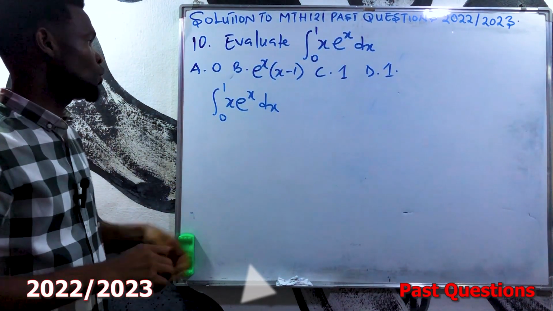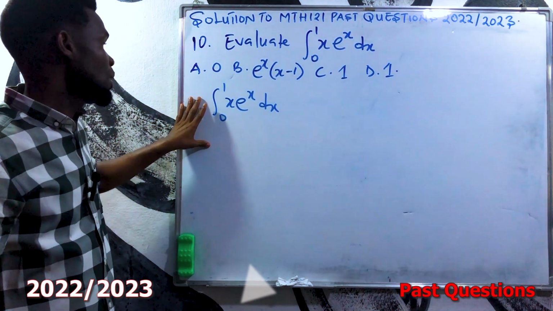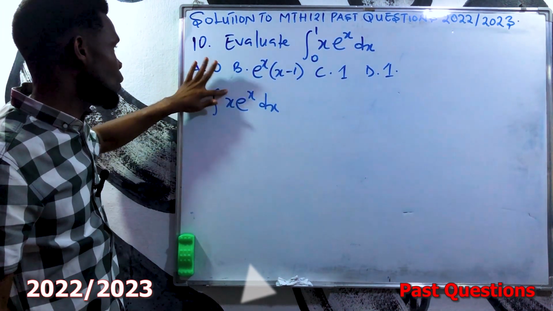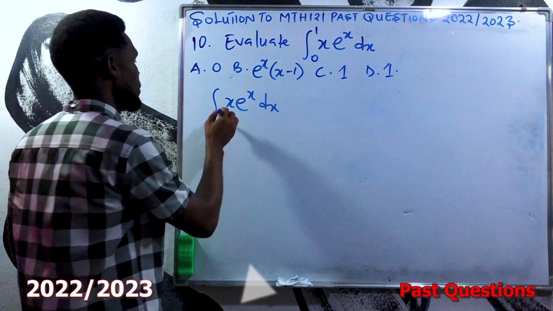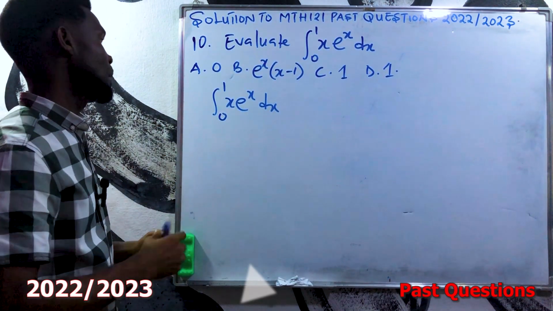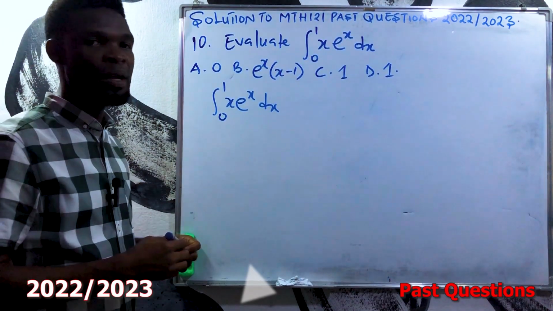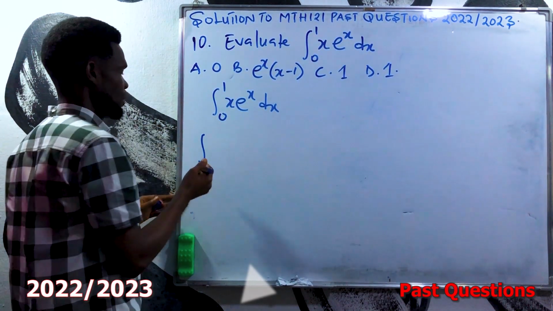This is integration with boundary. This is what we call definite integral. If there were no boundaries, that would have been indefinite integral. But with this boundary now, it is definite integral. All right. Now there's a rule in integration that says that if I'm integrating a product function, let me assume